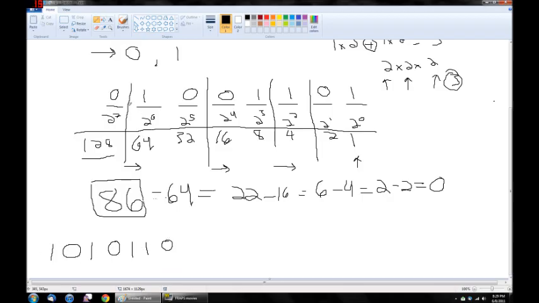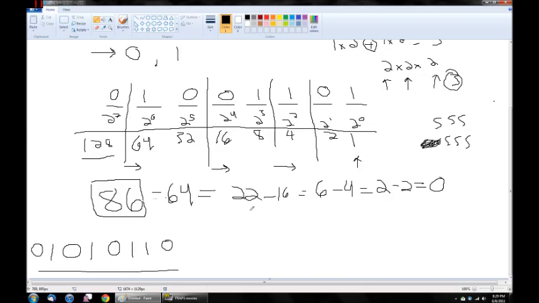So now, since we didn't use 2 to the 7th, you can put a 0 in the front, but it's not any different. Just like in decimal numbers, if you write 555, that's equal to 0.000555. It's the same number. It's just easier to cut off all this at the beginning here. So our final answer is this,